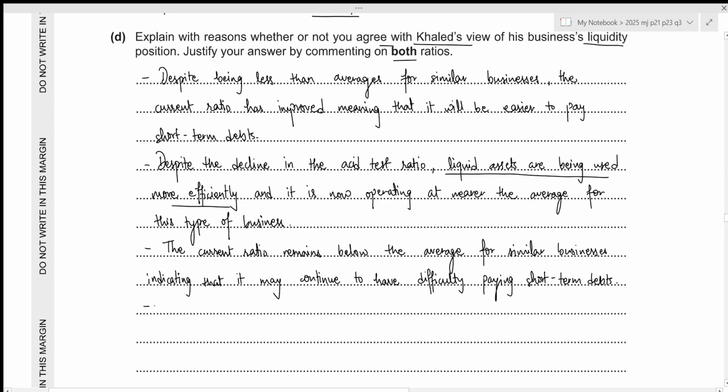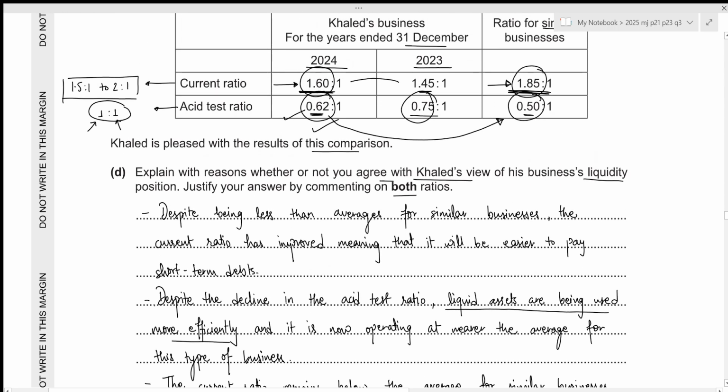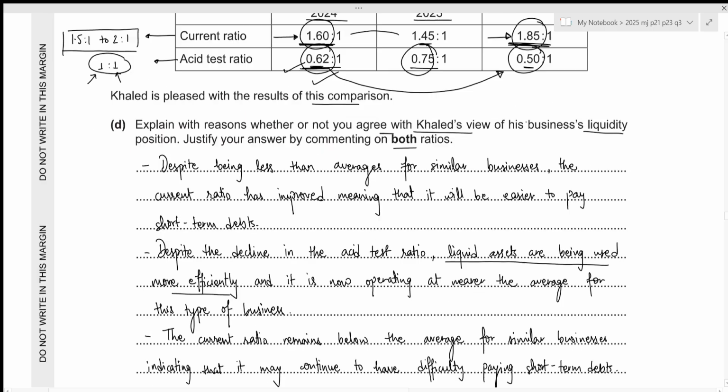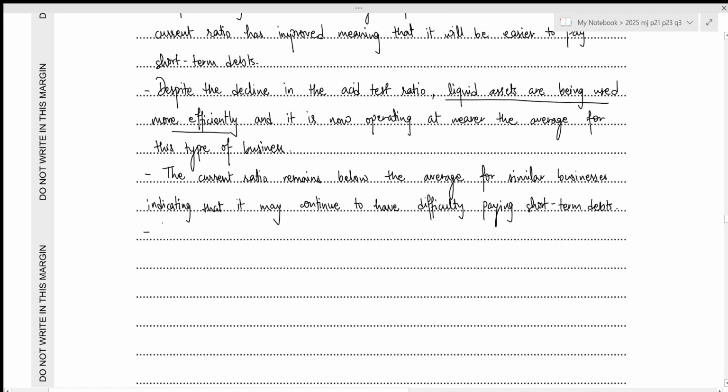Okay. Then for the last one, we can again talk about asset test ratio, where it remains above our industry average of 0.5, indicating that the liquid resources are not being used efficiently. So we could have still used other liquid assets as well efficiently rather than letting it sit idly in our business. So the asset test ratio